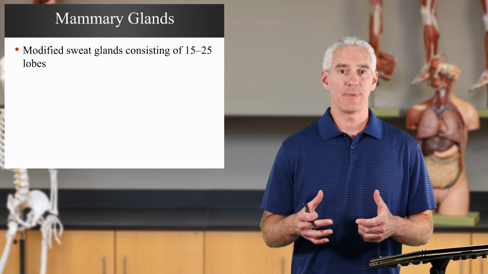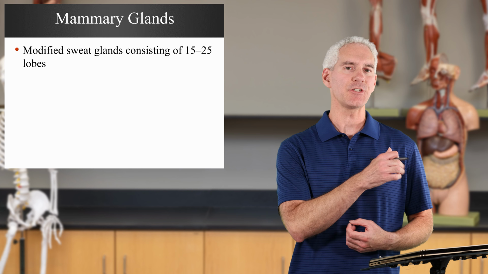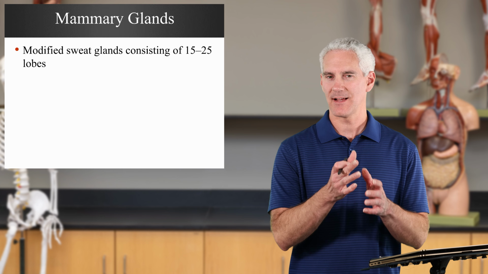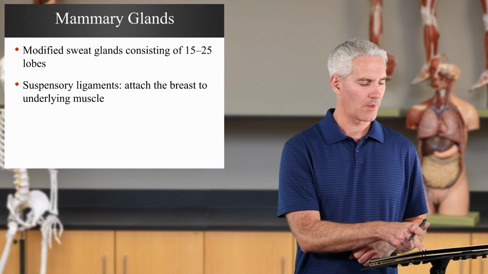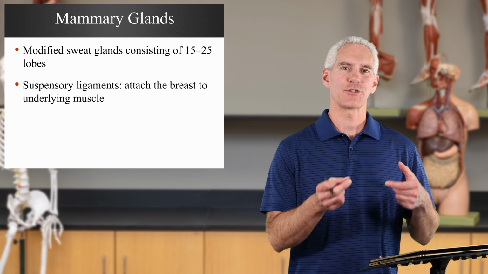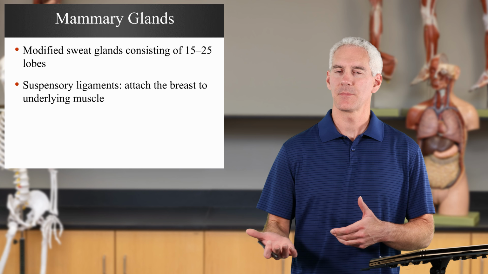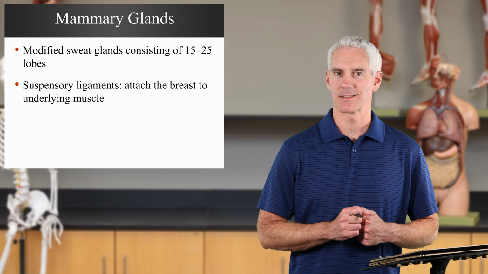Mammary glands, which make up a majority of what is found inside of breast tissue, actually consist of about 15 to 25 lobes. These are kind of subdivisions or breakups inside of the actual breast. Now, what's interesting about that is those are actually modified sweat glands. So the milk production that comes from mammary tissue is actually a modification from the sweat glands that we have